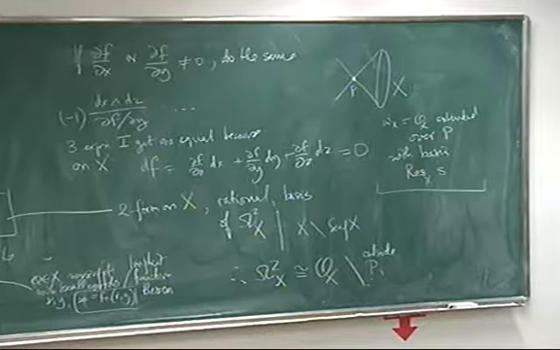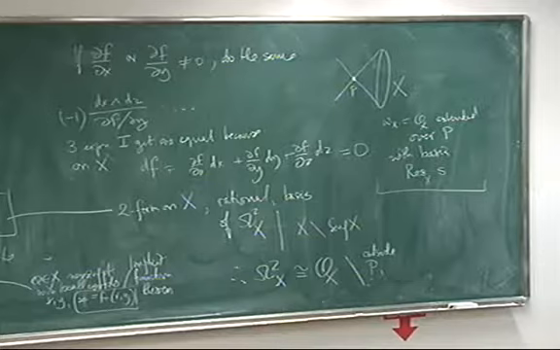So in general, if X is in P^n, it can be quasi-projective, but I'm mostly going to use it projective, we define omega X to be equal to